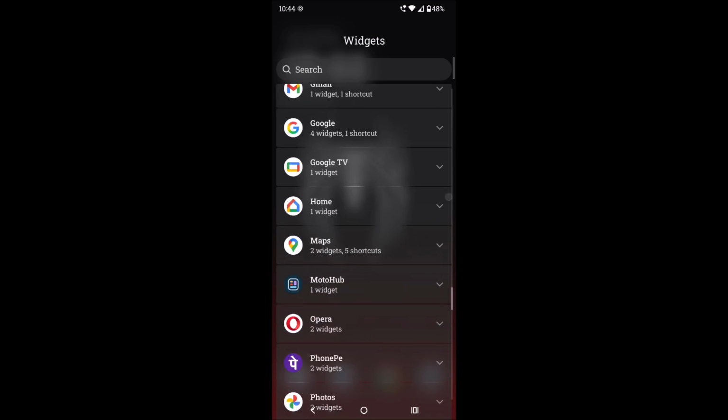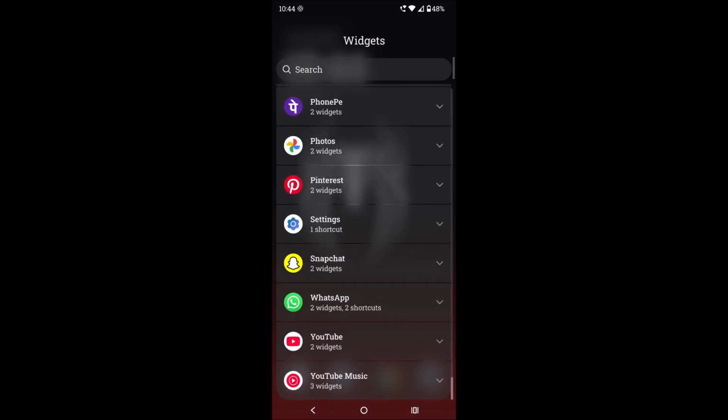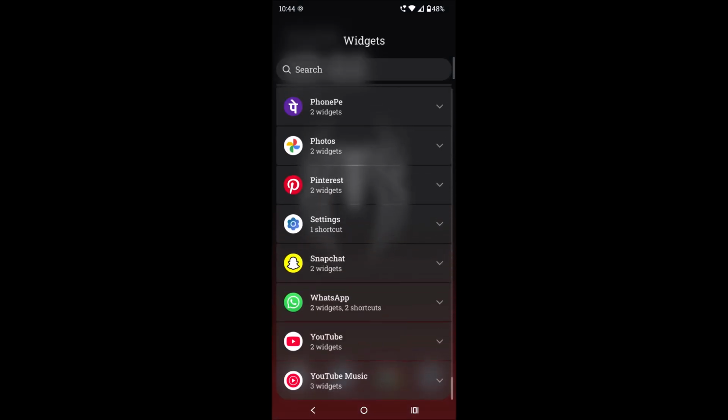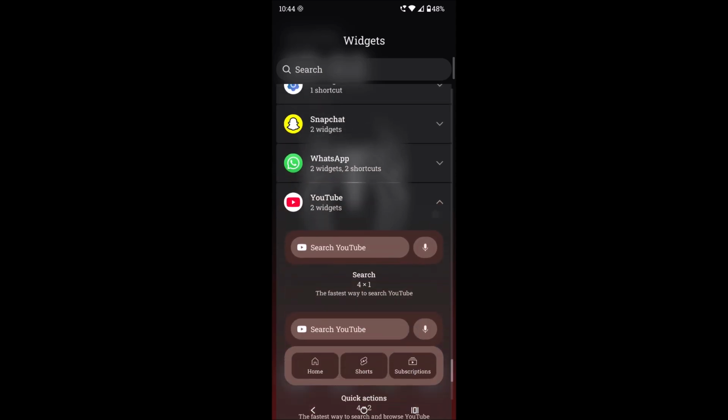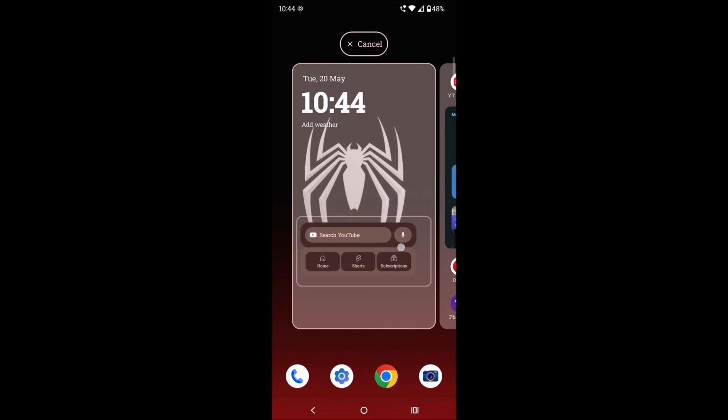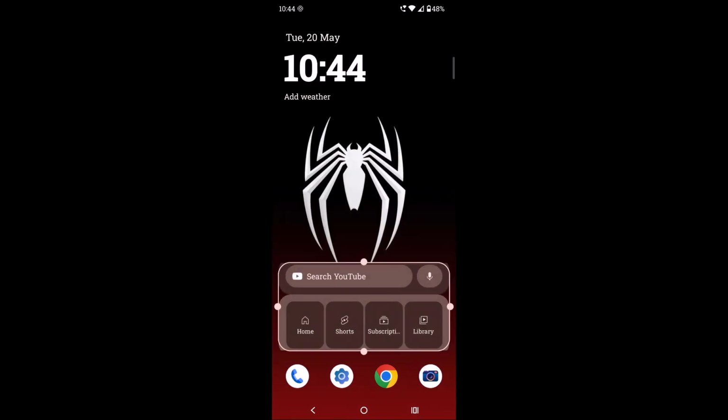Click on widgets and scroll to the bottom, and you will see the YouTube app widgets. Widgets, then YouTube, and here you will find the second widget. You need to drag this and drop it anywhere you want, and next time when you click on this,